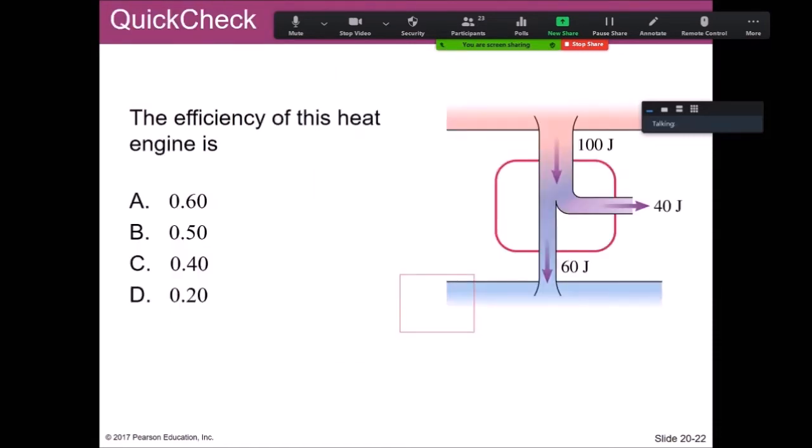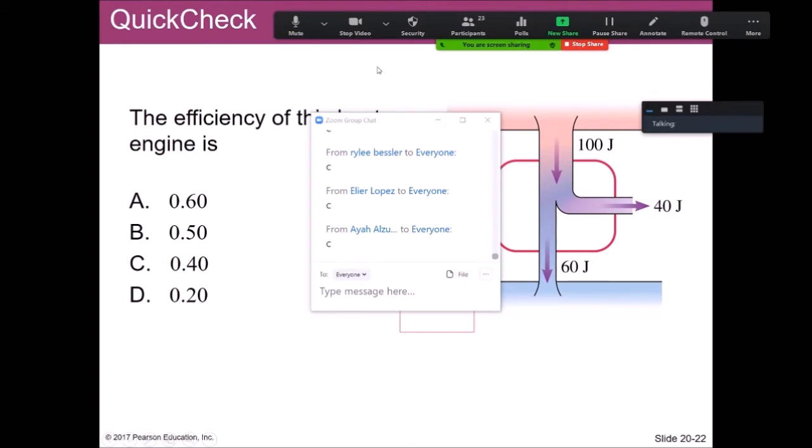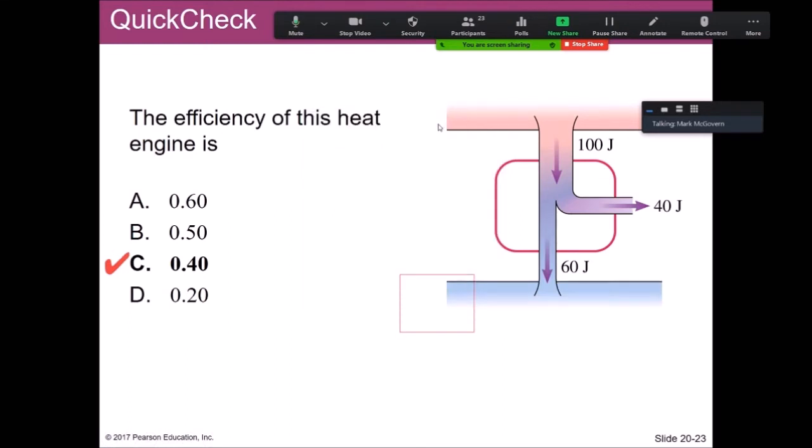All right. So, question for you: what is the efficiency of this heat engine? Do the math there and let me know what you think. A lot of people saying C. I like C. So you can base this on work over the hot reservoir energy. Every cycle takes out 100 joules. 40 is used for work and 60 are discarded. Great. That means the engine is 40% efficient because it can use 40% of the amount of energy to do something useful. All right, simple enough, right?